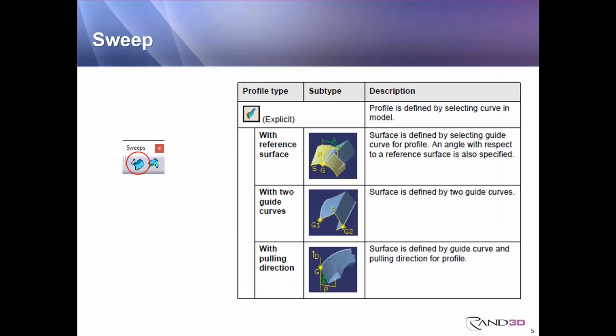Now, this illustration here shows on the left the sweep tool from the sweep sub toolbar from the surfaces toolbar that I showed on the previous slide. And when you do go into the sweep environment, there is a dedicated definition dialog box. With the explicit type, you do have a few options that you can assign to help define the swept surface. You can see with reference surface, with two guide curves, and with pulling direction,